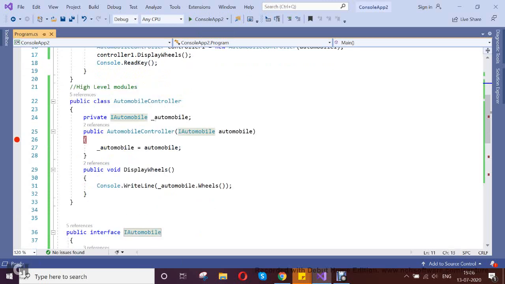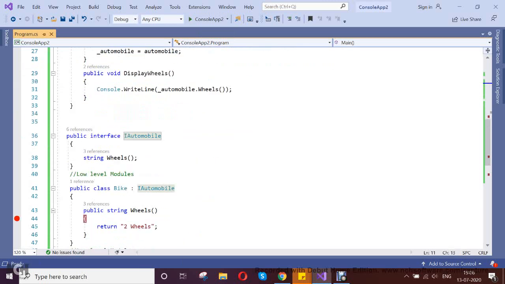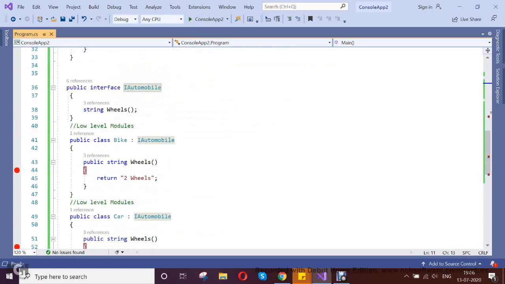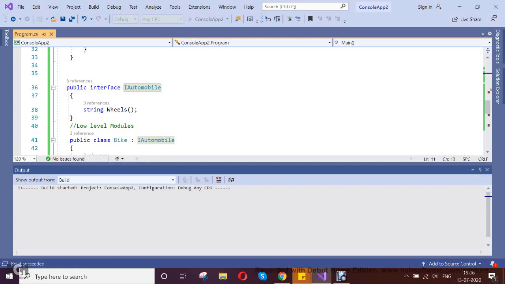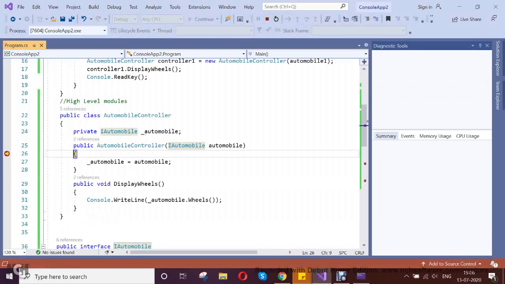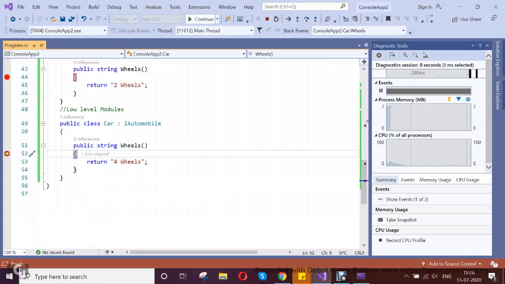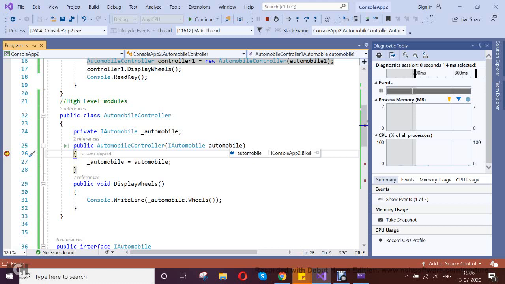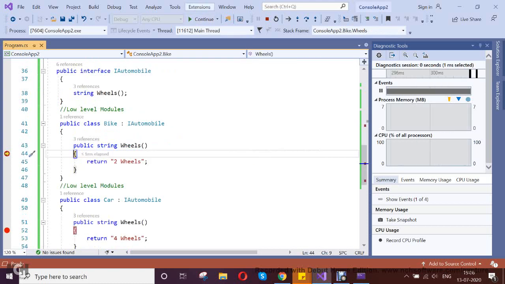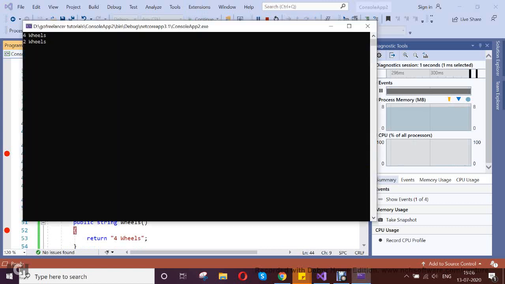I can just remove that. First it will create the instance injecting the car and display it. Then the second instance holds the bike and returns that.